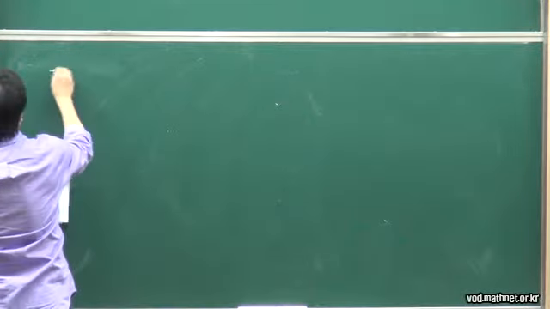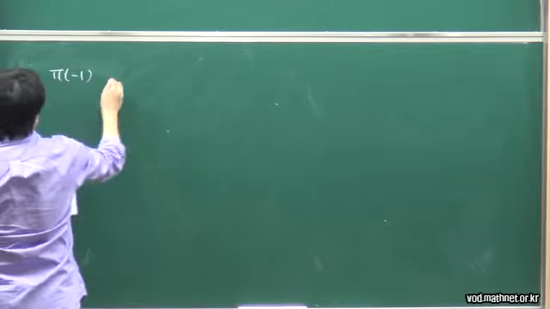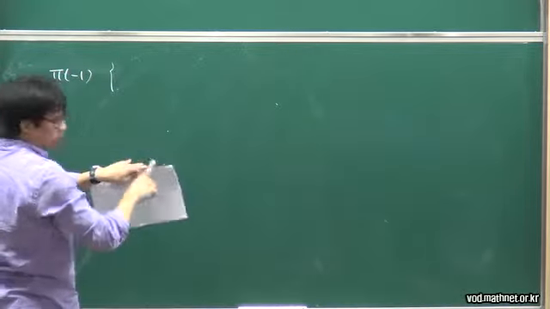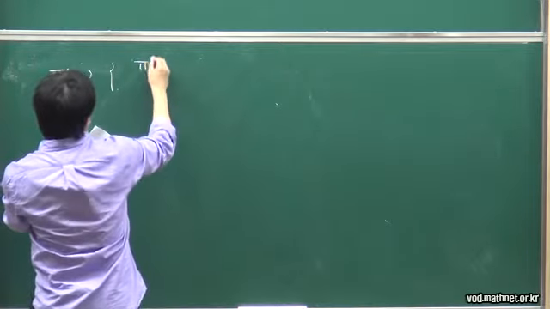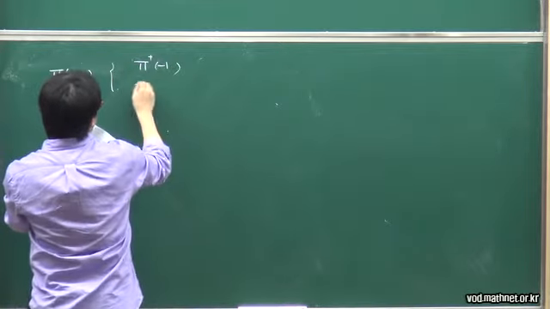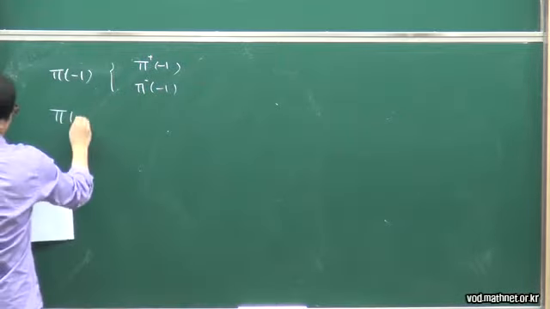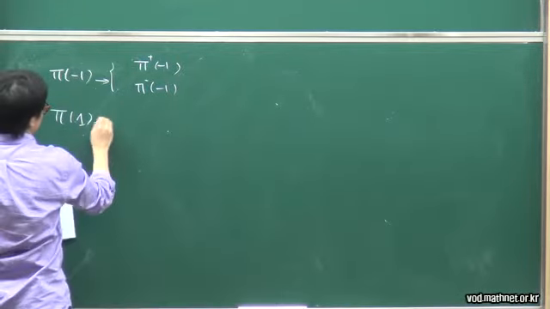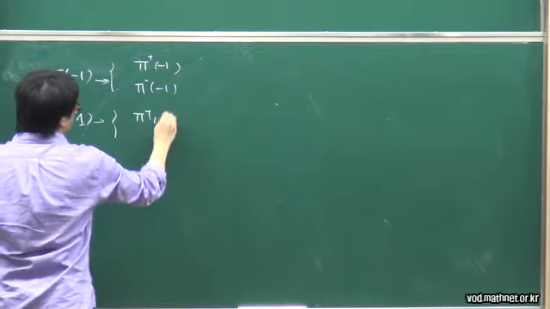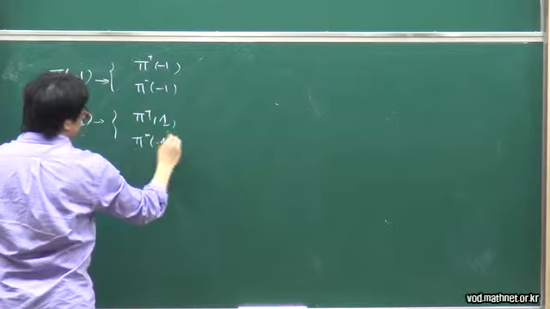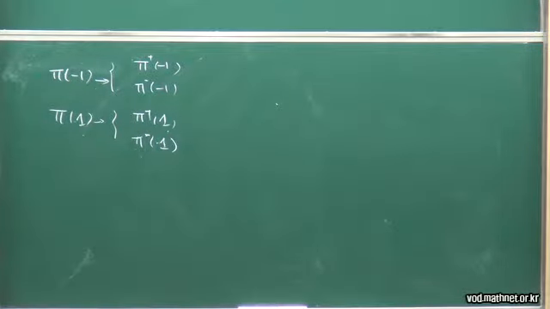So the pi minus 1 consists of two different kinds of irreducible subquotients. One we send to pi plus minus 1 and pi minus 1, and the pi 1 we send to pi plus 1 and pi minus 1. In fact, if we go back to this place, we can see that